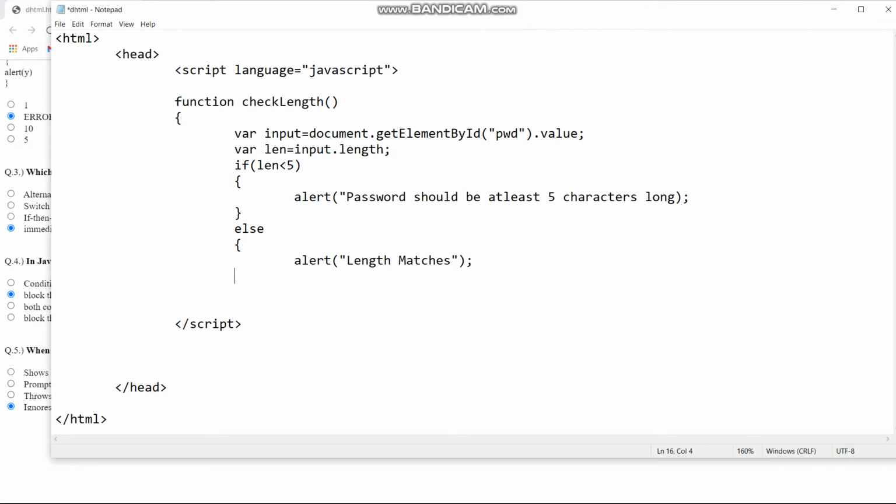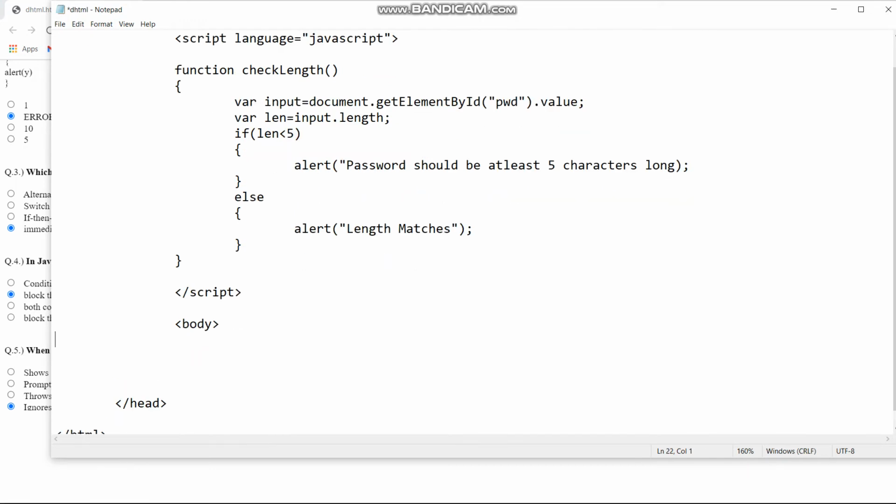Now how is this going to be? Firstly we will be using the form tag, because we need a password field and a password label. So I am creating a form tag inside the body tag, and after that I am going to write password, then colon. Below it you have to start an input tag, type equals to password, and then name equals to password, then id equals to pwd. You can see above, that is what you have to copy, and then input closed, and then break tag.